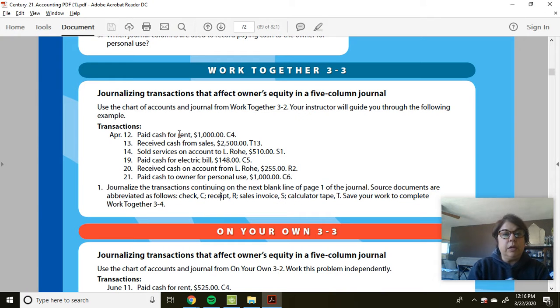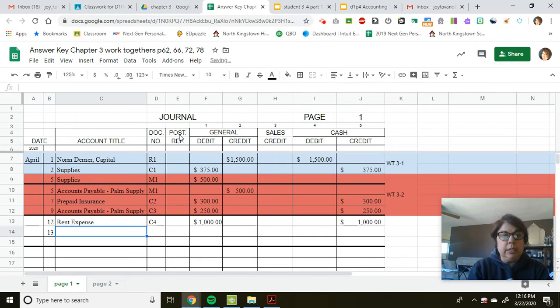The next transaction was April 13th, received cash from sales. This is unique because it's a transaction where both account names, cash and sales, have their own special column. So I don't really need anything in the account title, but I don't like to leave things blank. The book would tell you to use a check mark. We're going to use an X. It's too difficult to get a check mark as a symbol in sheets,